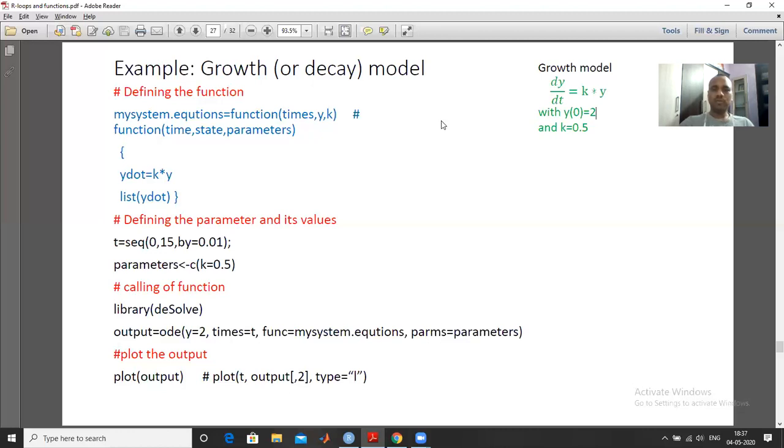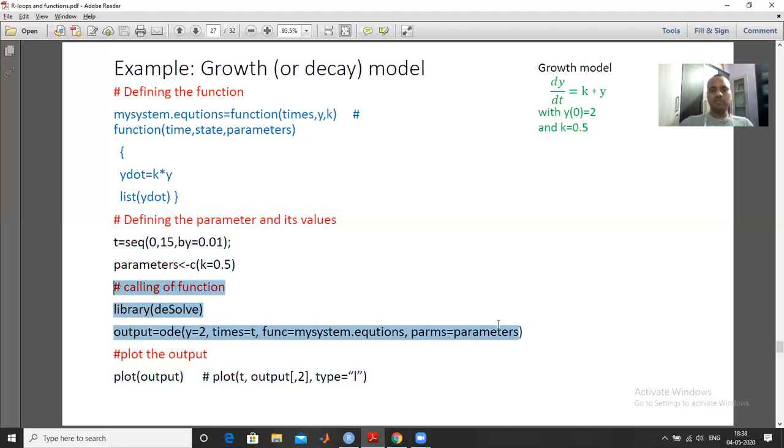So we want to solve this differential equation with the help of the ode function in R. First of all, we will define the function, where we define our system. After that, we define the parameter values, and then we call the function.